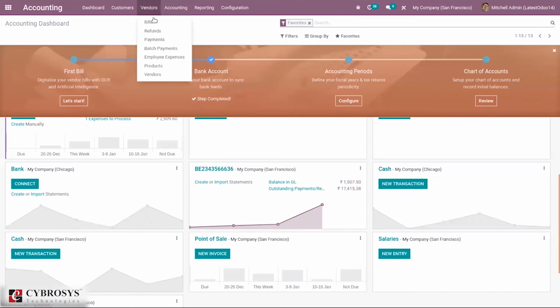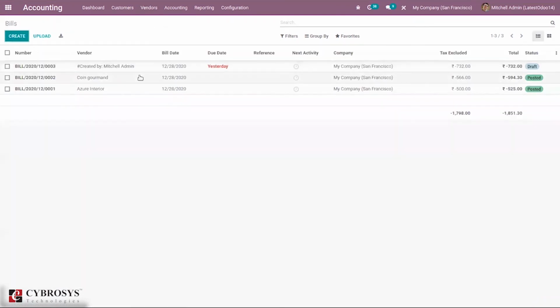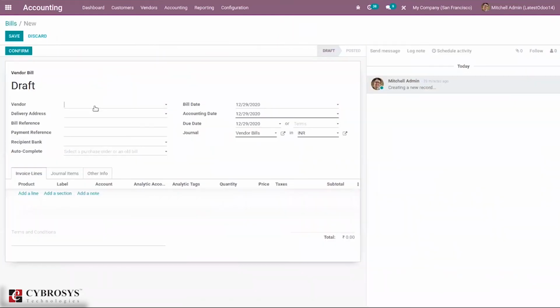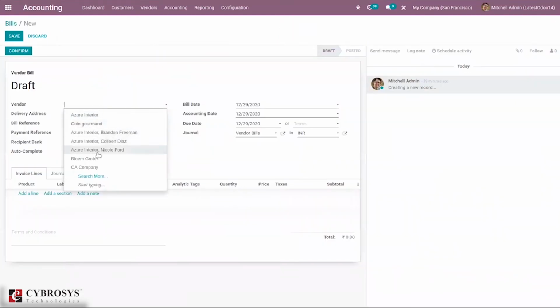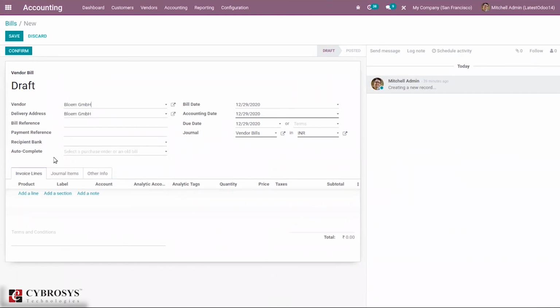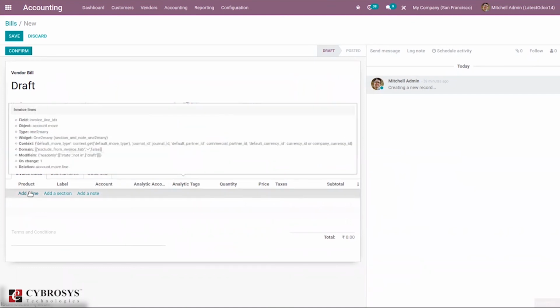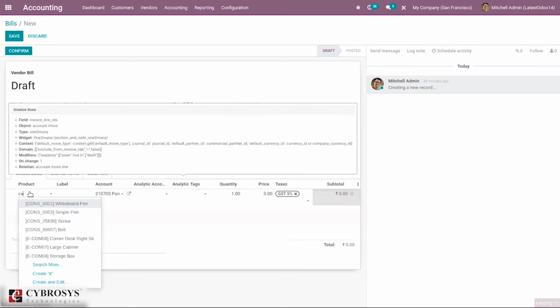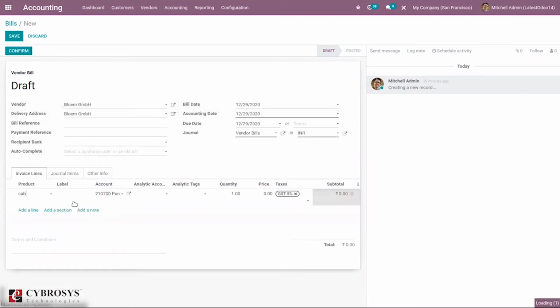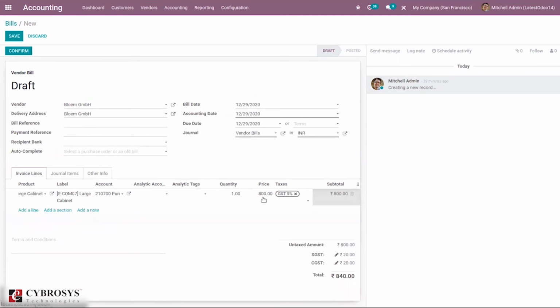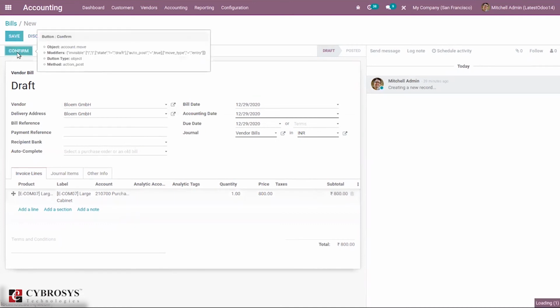And in the same way, when you create a vendor bill, you can see price 800, confirming it.